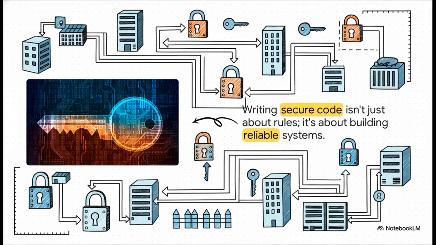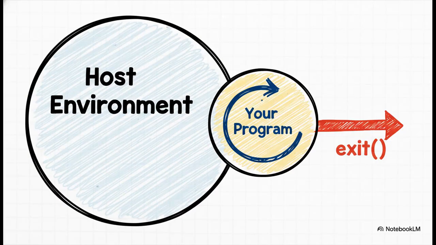At the end of the day, writing secure code isn't about memorizing 1,000 different rules. It's about understanding the whole system, the whole architecture. It's about knowing where the boundaries are, where the locks are, and where the keys are. It's about building something that you can actually trust. So if you take just one thing away from this today, let it be this. That boundary between your program's internal world and its host environment, the operating system, is absolutely fundamental. Return lives inside that boundary. Exit crosses it. And most importantly, when a function returns, its local world completely vanishes.